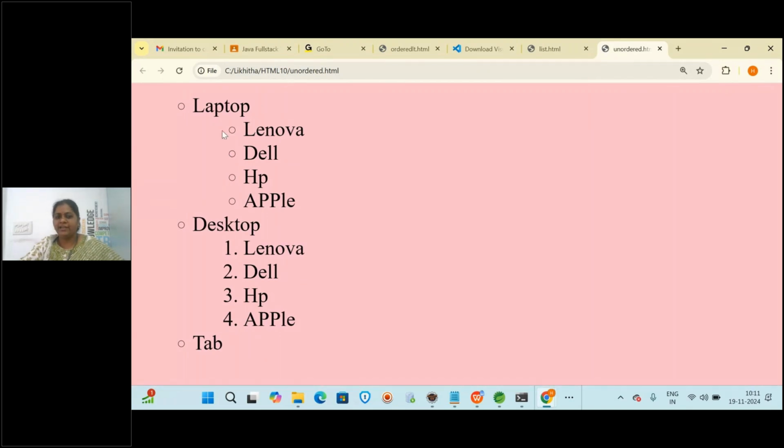Like you have to create an unordered list, in that a nested unordered list, and this is what? Ordered. In unordered we have what? Ordered. By seeing this output, try to write the code. If you want, you can take screenshot or photo, or you can note it down and try writing code for it by tomorrow.